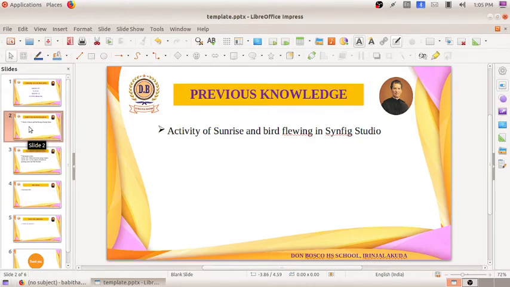We have done an activity of sunrise and the bird flying in the Synfig studio. Already our chapter 9, moving images, is completed.